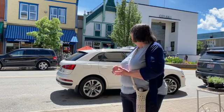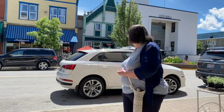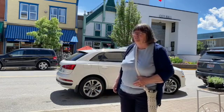And then the building next to it is a really, really lovely little building, which looks like a house, and that's because it was a house. It was built on the corner of 3rd and Charles Streets, so probably sometime in the 1890s. And the woman who owned it moved it to this location in...